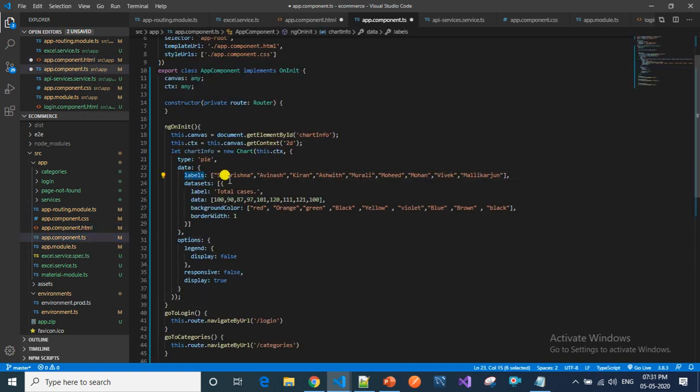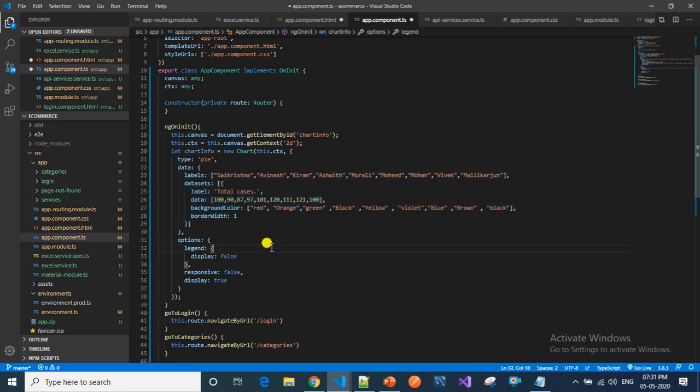All these labels will be shown below the graphs, and all these numbers will be shown on the left corner of the graphs, and these are the background colors. If you want to change them, you can change them here.